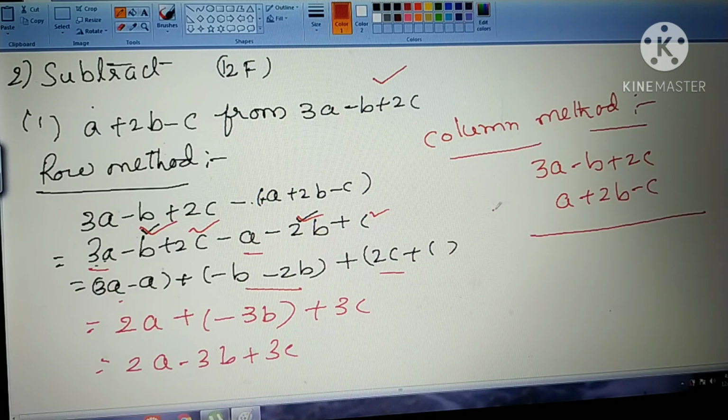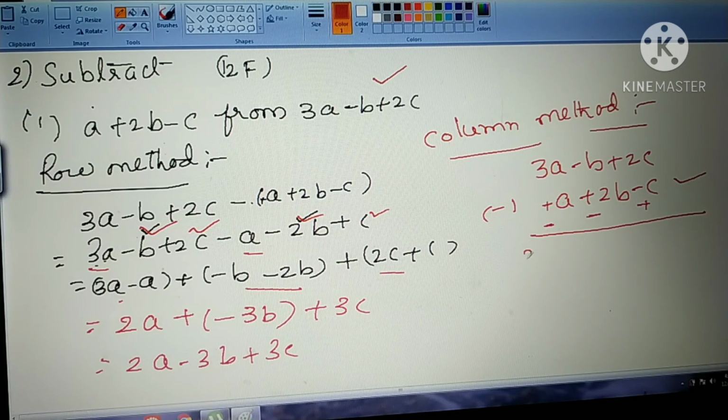Okay. Now what is the operation we are doing here? Subtraction. So from our process what we have learned, we have to change the signs of the last algebraic expression's terms. What to do? We have to change the signs of all the terms. See here, this one is plus. So I am changing this sign to minus. Here we have plus, now write minus. Here we have minus, so write plus. Okay. So now what we have to do? With this sign you have to take it for subtraction.